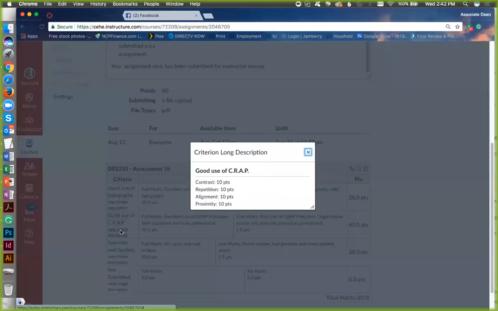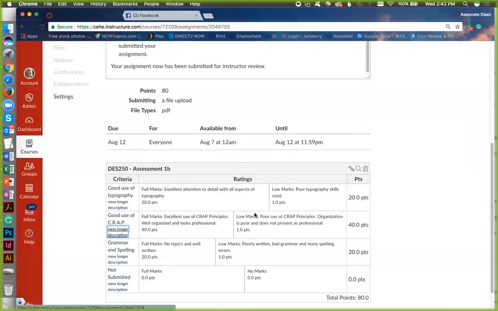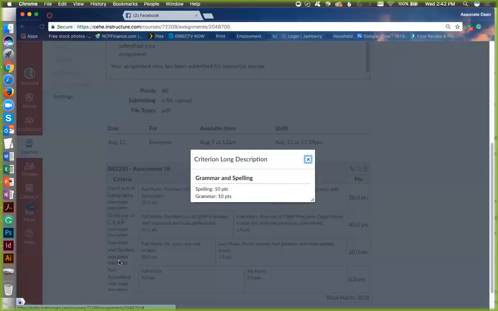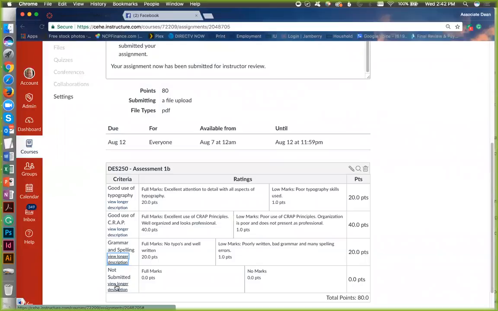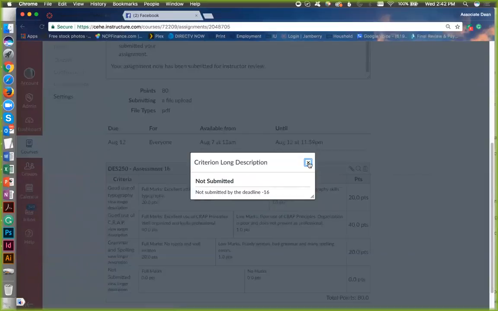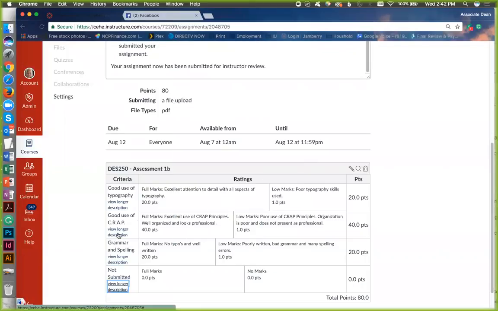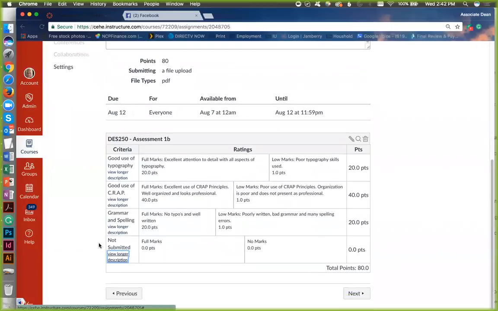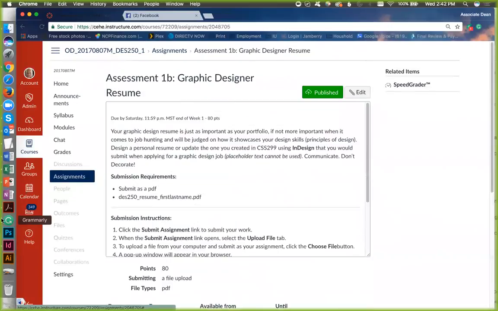Good use of contrast, repetition, alignment, and proximity. Grammar and spelling. You get minus 16 points if you are not submitted by the deadline. Okay?